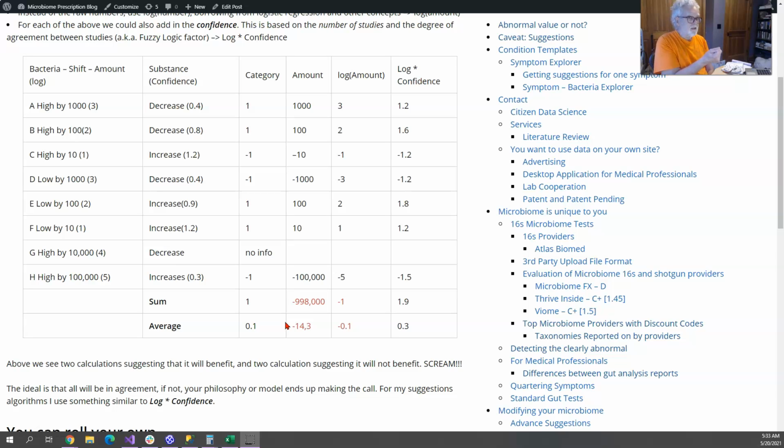The easiest calculation, just go through and check them off. Not necessarily the best, I don't think it's the best, but it's there as a check, as a reference point. Next is you take the amount. So we have